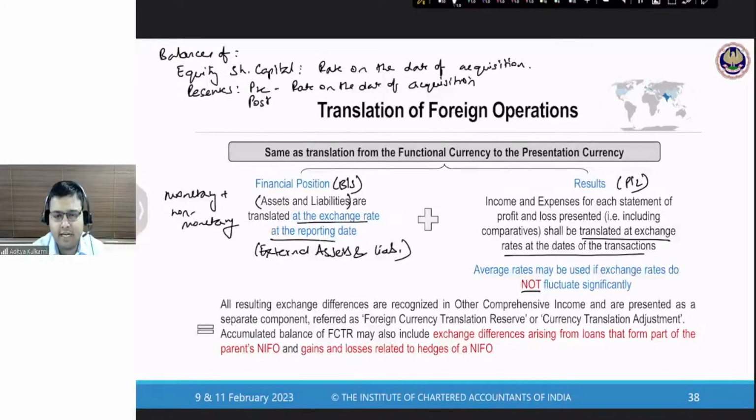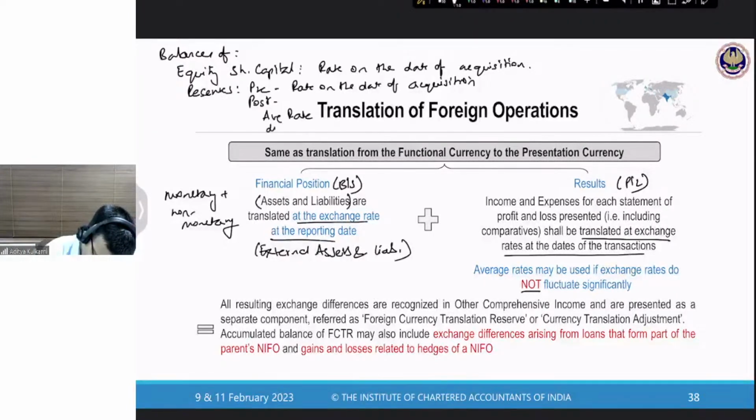So rate on the date of acquisition for equity share capital, rate on the date of acquisition for pre-acquisition reserves. Okay. Coming to post. Now these are the reserves which you are earning when you are controlling the operations of the subsidiary or of the branch. Okay, so now it's a subsidiary for us, so we'll talk in terms of that. So the post acquisition reserves are earned when you are controlling, and therefore you will translate using what? Average rate